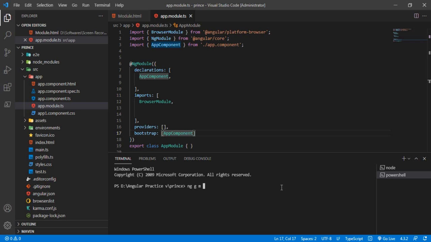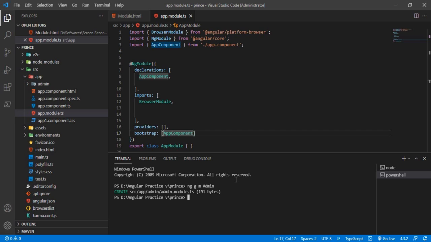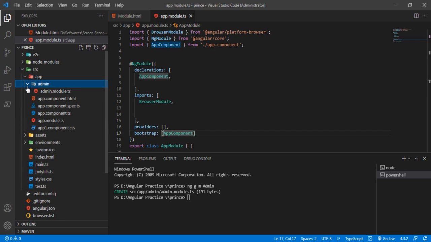After that, I will write the module name here, like admin. So you can see on my screen the admin module is created, or a child module named admin is created.